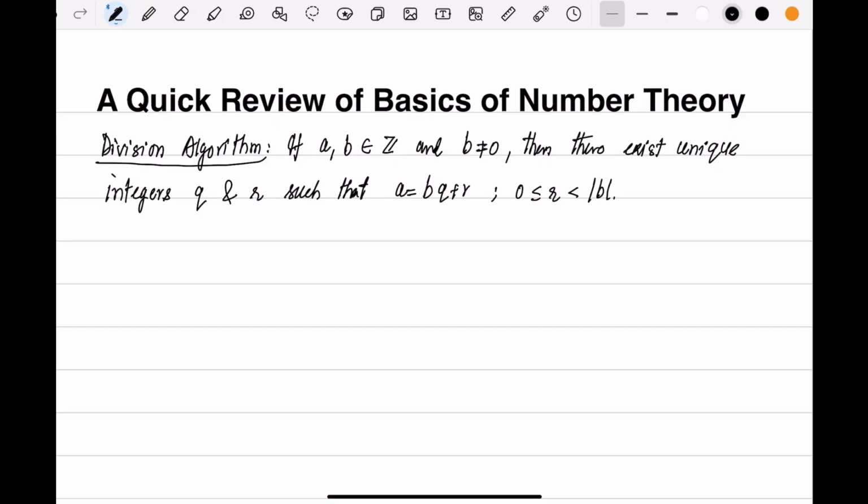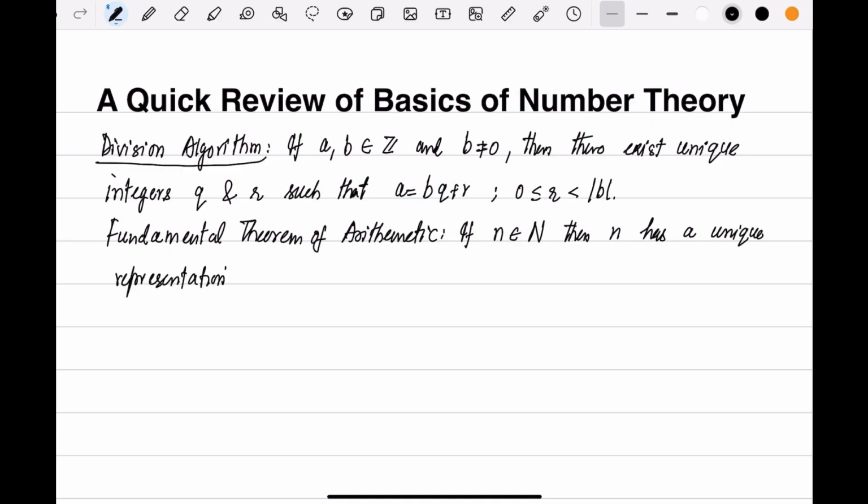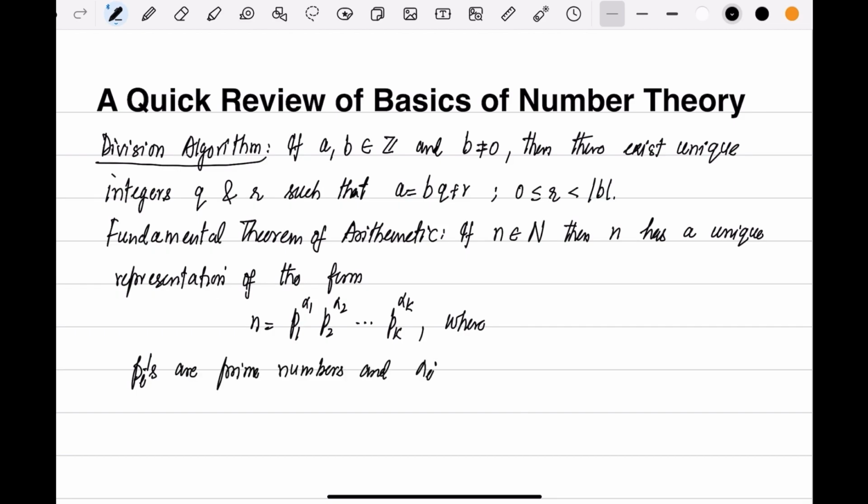Now let's quickly review the fundamental theorem of arithmetic. The fundamental theorem of arithmetic is stated in this way: if n belongs to the set of natural numbers, then n has a unique representation of the form n is equal to p1 power alpha 1, p2 power alpha 2, and so on, pk power alpha k, where the pi's are prime numbers and alpha i is greater than 0,